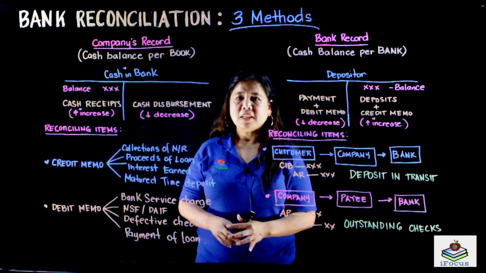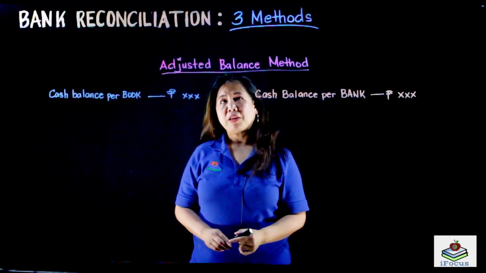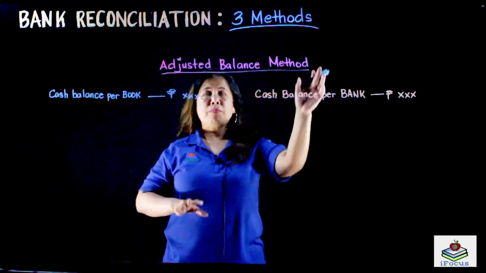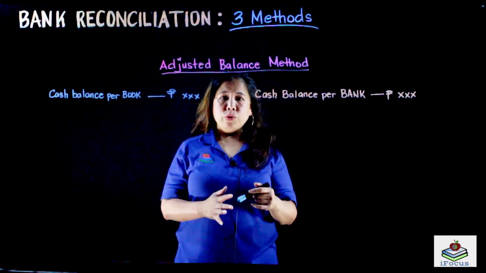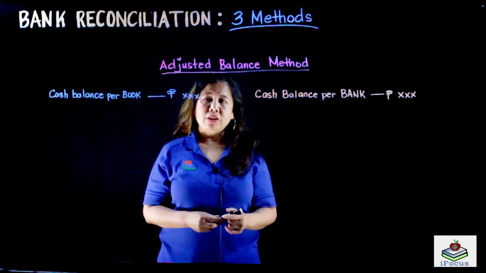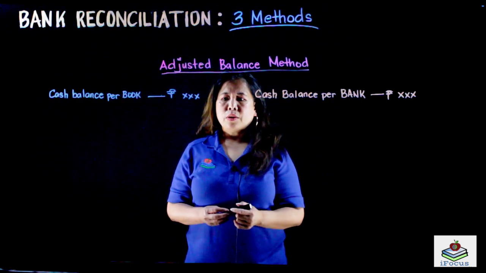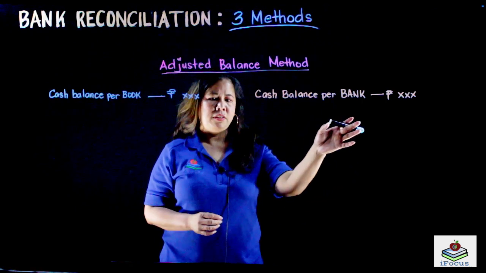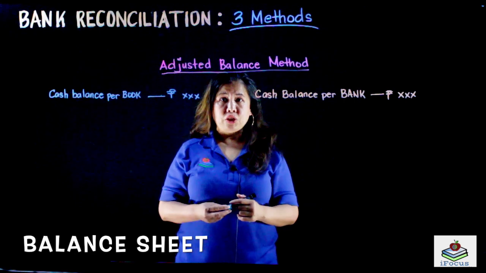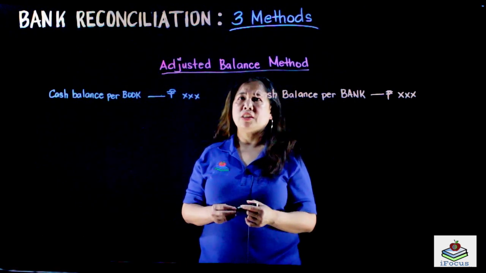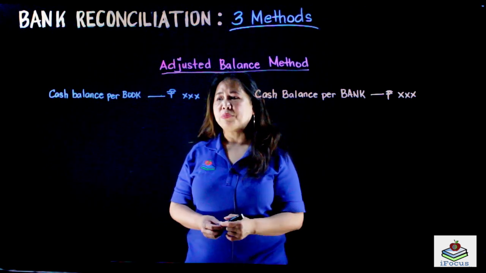At pag-usapan natin ang 3 methods of the bank reconciliation. At ito yan, adjusted balance method. So, isa ito sa mga 3 methods ng bank reconciliations. The adjusted balance method, the bank to book method, the book to bank method. At mag-uumpisa tayo sa adjusted balance method. Sa adjusted balance method, the book balance and the bank balance are reconciled to the correct cash balance na ipapakita natin sa balance sheet. So, dito sa adjusted balance method, on the cash balance per book, ang reconciling item natin ay